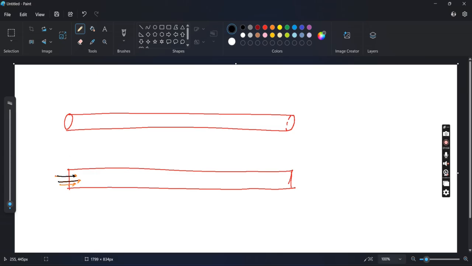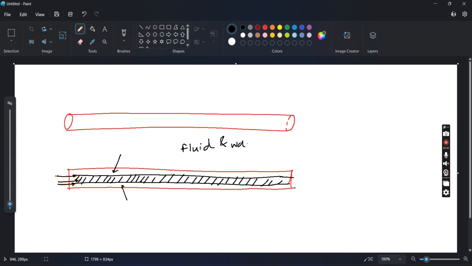As the fluid is coming from this direction here, the fluid in the middle of this region will face no such viscosity that will be created from the surface and fluid interactions, right? This part will face no such viscosity, but this part here and this part here will face this type of viscosity that will be created from the contact of fluid